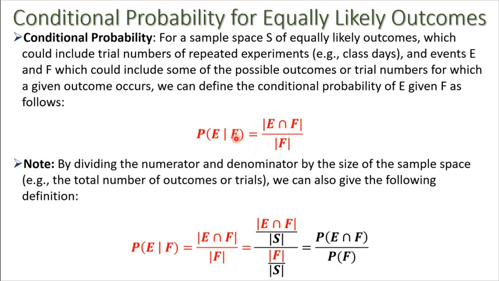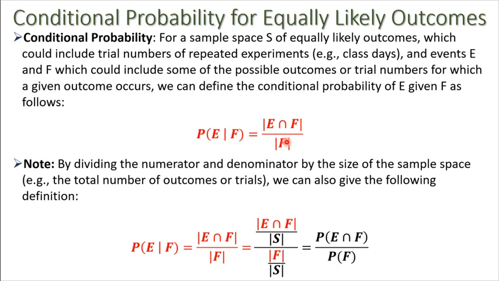our given information, right? We're presupposing that the outcome is in F to begin with, and we want to know the probability that it's also in E, which is why we do the size of E intersect F, divided by the size of F, right? So that's completely general. Now what we can do also is we can change this fraction a little to get